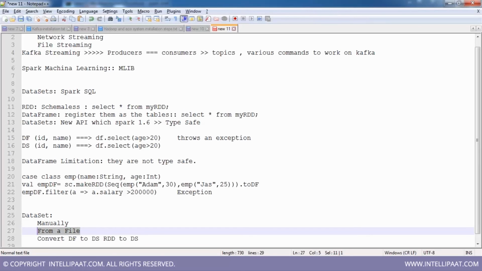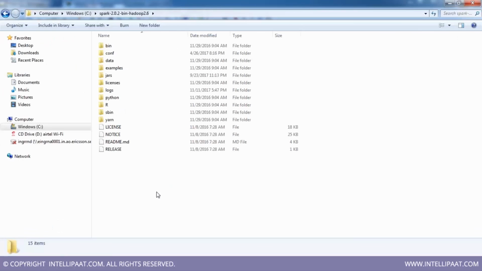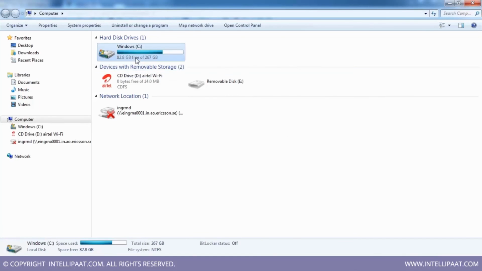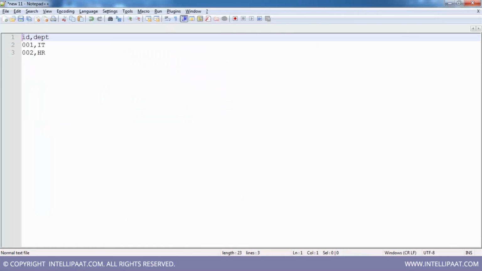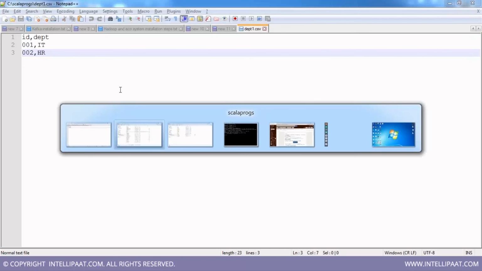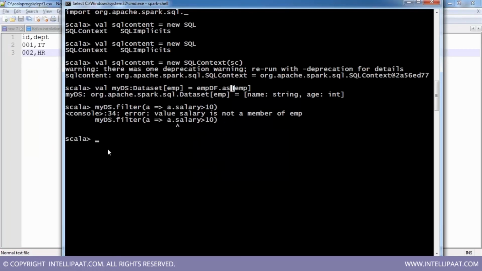So let me see if I have some file available here on which I can create a data set. Let me create it from a CSV file. Do I have some CSV file here? Okay, this one. So let me create a case class. Department, give it a name ID, which is string, and then department string only. So I've created a